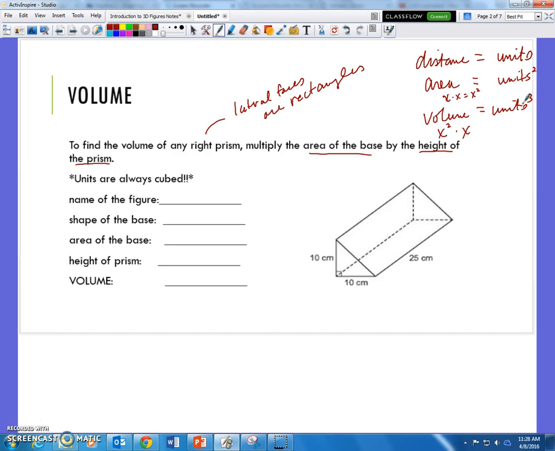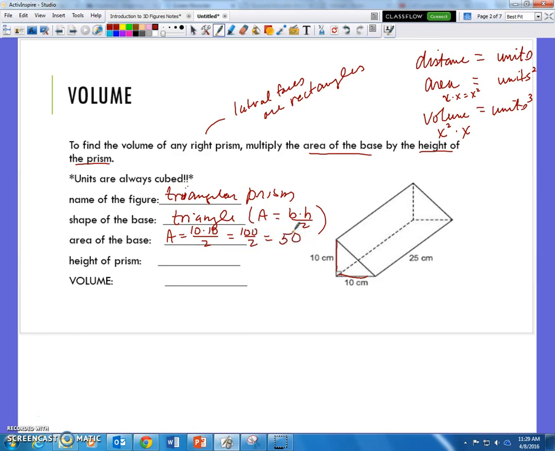All right, so let's start with naming the figure. This is a triangular prism, and the shape of the base is a triangle, of course. Now, to find the area of the base, we're thinking, well, the area of a triangle is base times height divided by 2. So to find the area of the base, we're going to take the base times the height divided by 2. So the area would equal 10 times 10 divided by 2, or 100 divided by 2, or